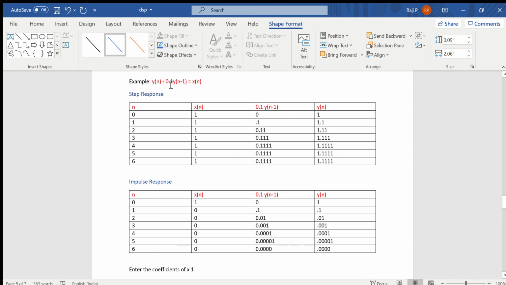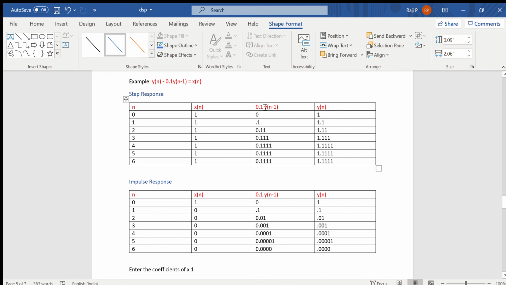Now whichever coefficients are there, you write them down in the table. The coefficient over here is 0.1 into y of n minus 1. Now y of n minus 1 corresponds to the initial condition. This program is without initial condition, so that will be equal to 0. So 0.1 into 0 will be 0. So y of n will be equal to x of n, that is 1 minus 0, equal to 1.